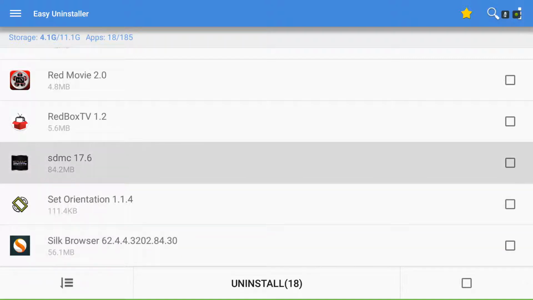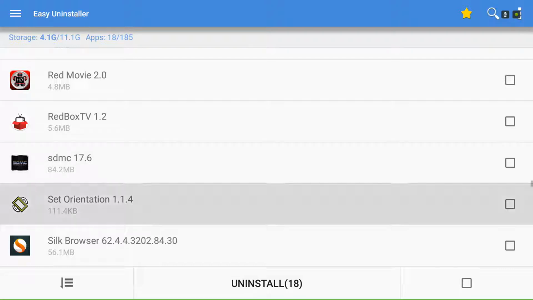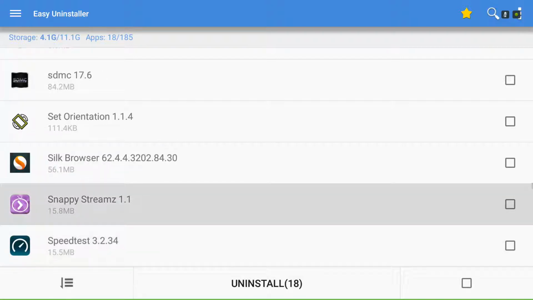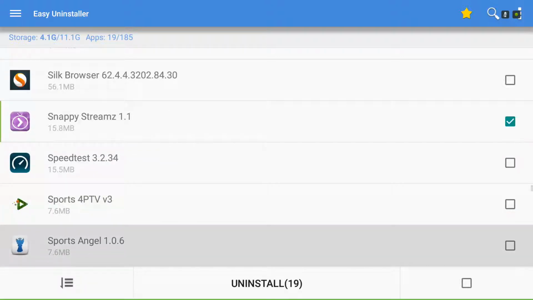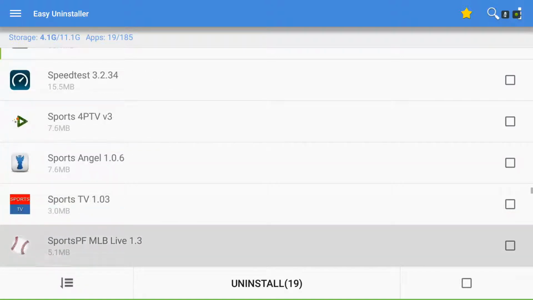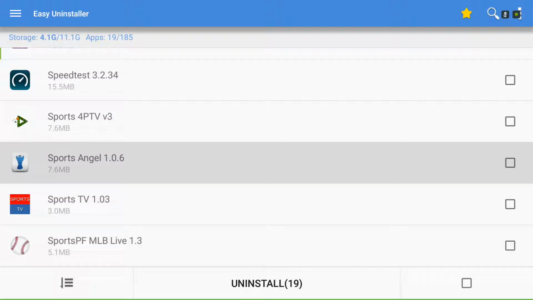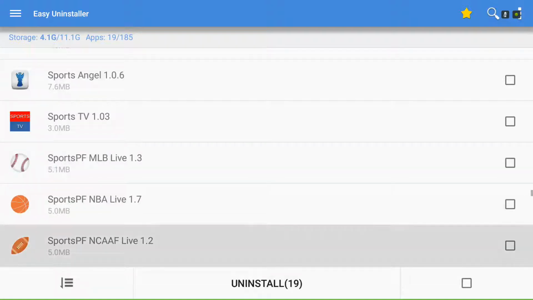This might be the weakest link of your build. So if you're having an issue or you really need a lot of storage, check this out. But there's probably a better way of uninstalling it. But you can, I don't know. It's up to you. Snappy streams, 100% get rid of it. I haven't heard anything back from the developer or heard any news on that. I'm hoping they do come back, but